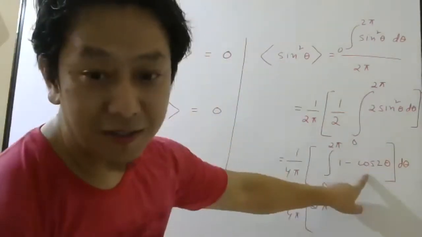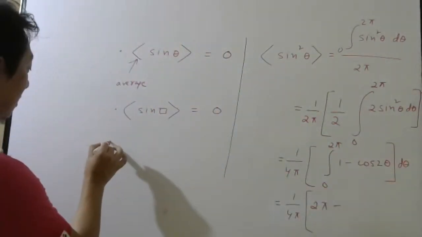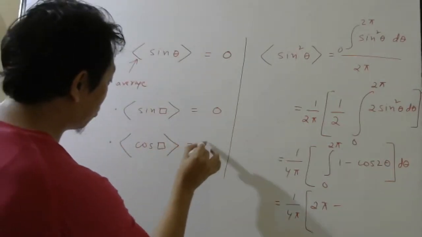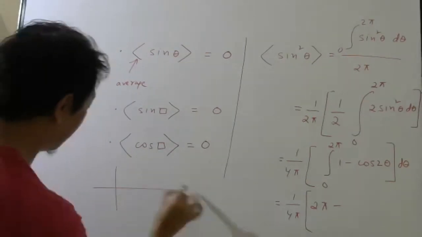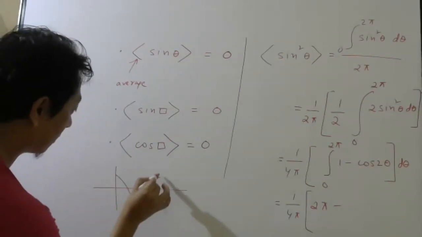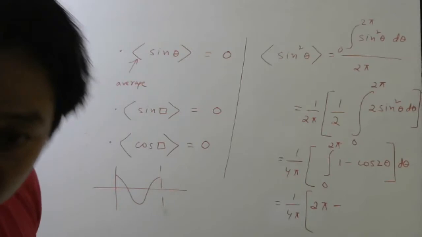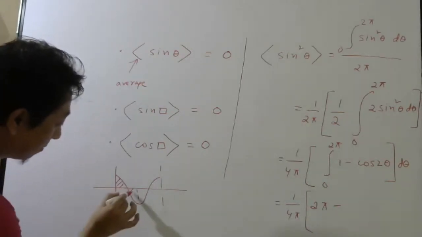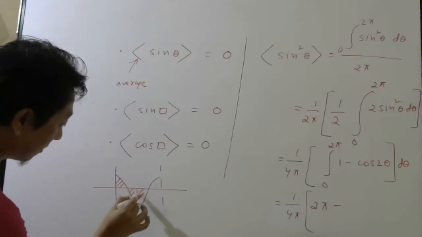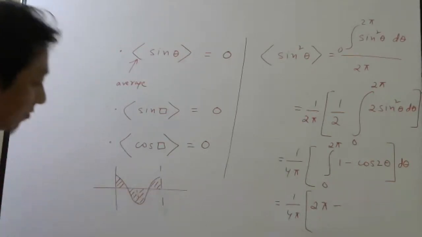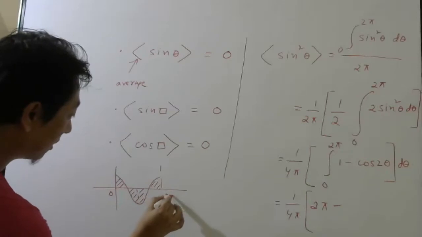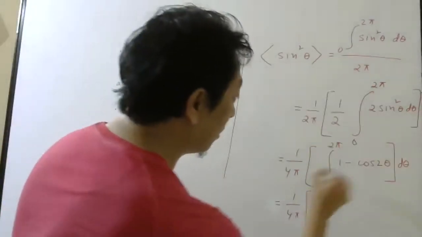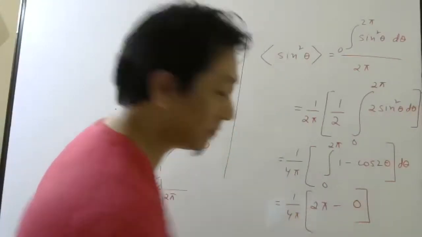Minus this cos. This cos also, there is nothing special about only sine. Cos of any angle has to be 0 because cos also looks like this. This is the graph of cos. Understood? So cos also has as many positive values, that much negative value, and as much negative value, that much positive value from 0 to 2 pi. So cos also average will be 0. So this no need to do. When you do the integration, you will get 0.